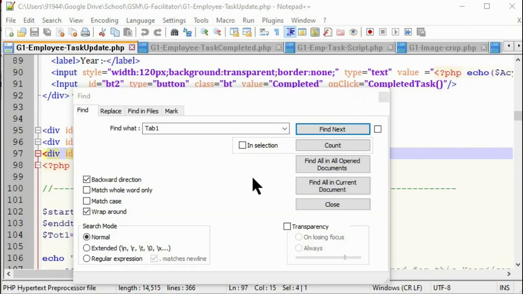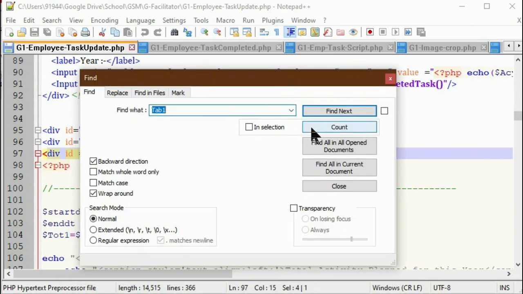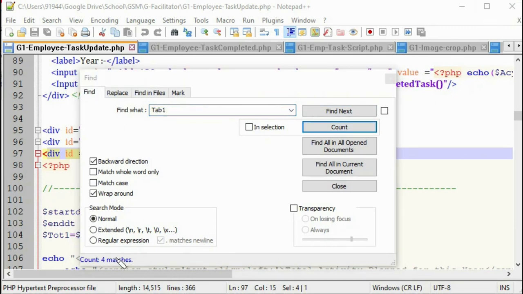Another function in the find command is Count. If you click Count, it will show how many words are matching in the document. Here it shows that 4 matches are found in the document. Next to Count there is another checkbox, In selection.